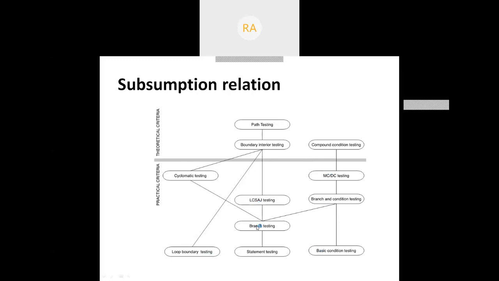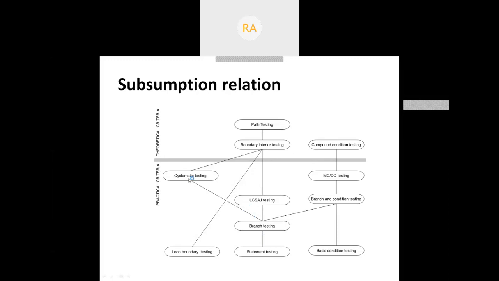They have written all the techniques that we have come across in this particular diagram, and they are explaining the subsumption relation. What do you mean by subsumption relation? Suppose you are carrying out, I'll explain one thing over here. If you are going for path testing, then indirectly you are performing these things also.